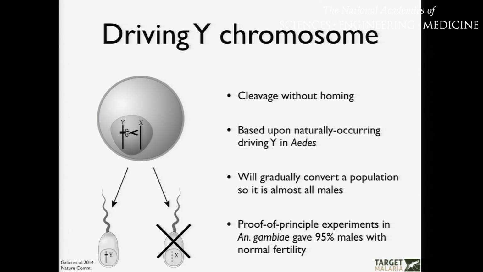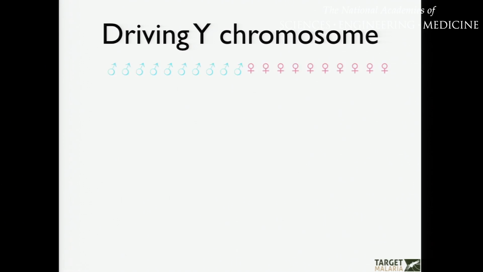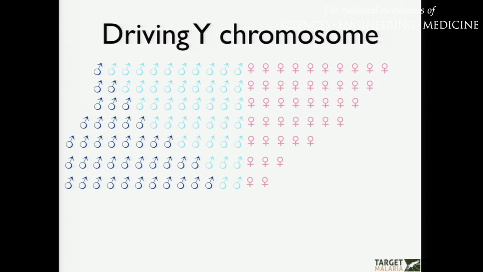And we've got proof of principle that has been reported in Anopheles gambiae that gives 95% males with normal fertility. So the idea here, just in very cartoon, is to start with a population of 50-50 males and females. You introduce a relatively small number of modified males carrying this driving Y chromosome, and then over successive generations, the driving Y chromosome carrying males tend to become a larger and larger fraction of the male population, and males as a whole become a larger and larger fraction,